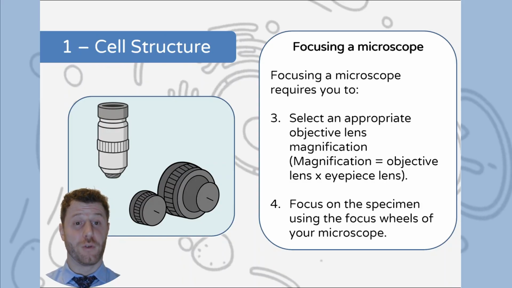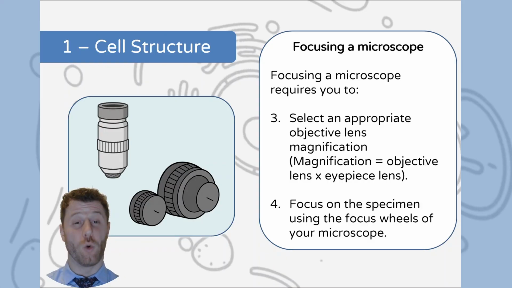When you look through the objective lens, that is the part of the microscope doing the magnification. You also have an eyepiece lens, but it remains the same and you can't change it, and it's a multiplication of 10. And the objective lenses usually sit at 4, 10, 40, and sometimes 100, which if you do 4, which is the objective lens, times by the eyepiece lens, which is 10, you would be magnifying your image 40